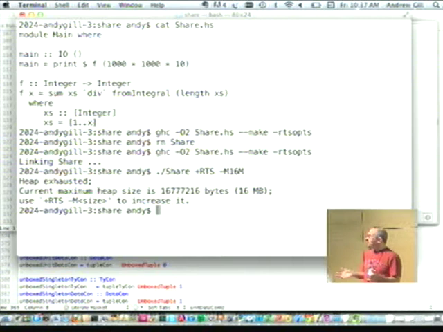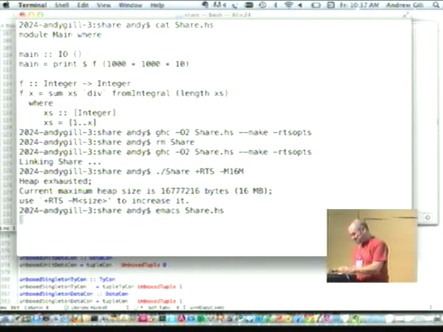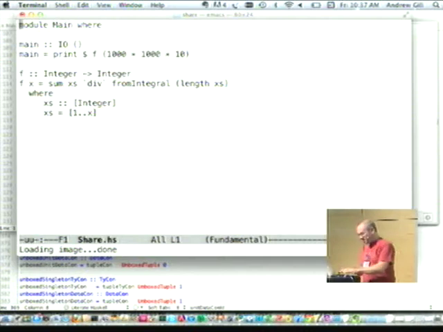So what we want to do is try and use HERMIT to change the sharing that's going on in this example. We can see up there we've got a function f, and there's x's, and x's is shared between the sum and the length. So what we want to do is try to separate this out. So we fire up Emacs, and we want to write a small script